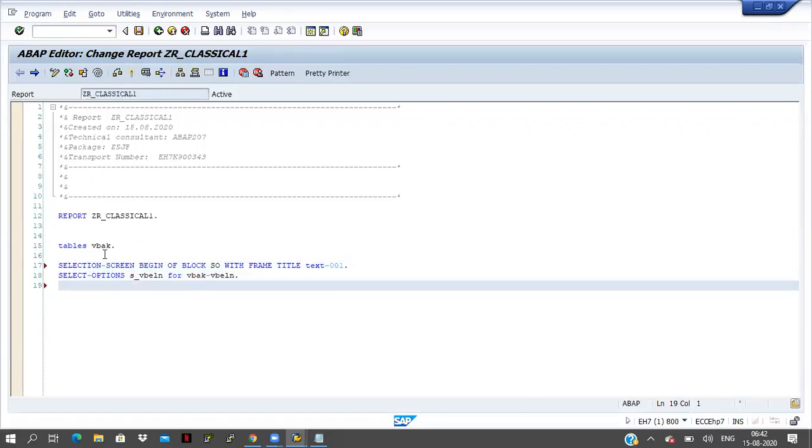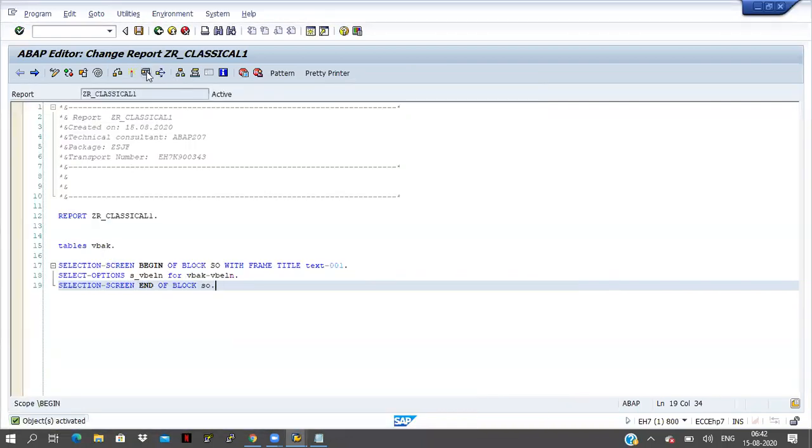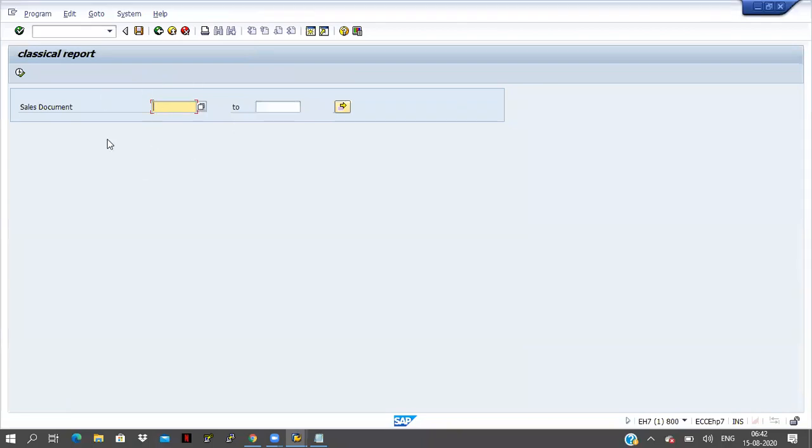Now I am closing this block: SELECTION-SCREEN END OF BLOCK SO. Save it, check it and activate it. Execute it. So this is the input screen here.